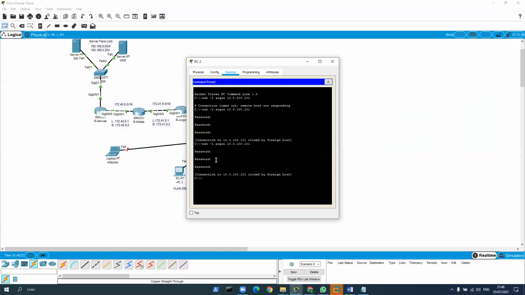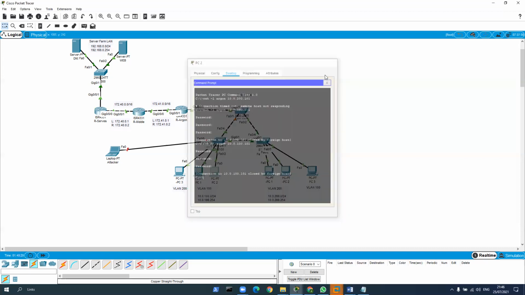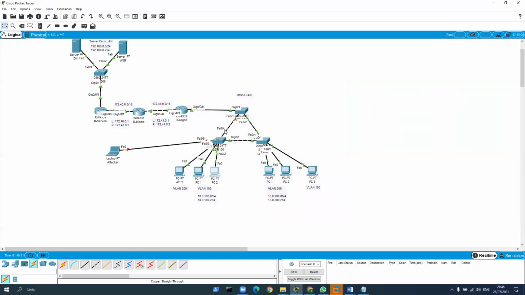give the permission only to VLAN 200. Computers that are inside VLAN 100 cannot do an SSH connection to the switch. All right, so the ACL works well. Let's go now to the router and create